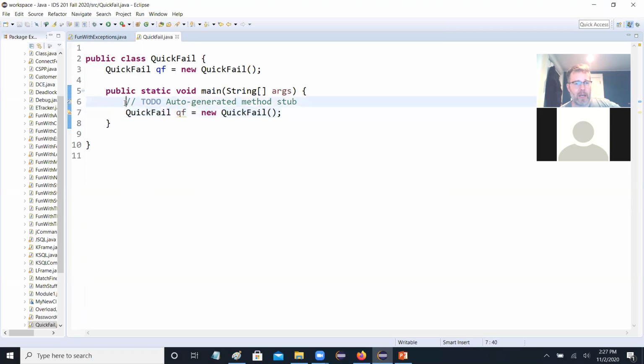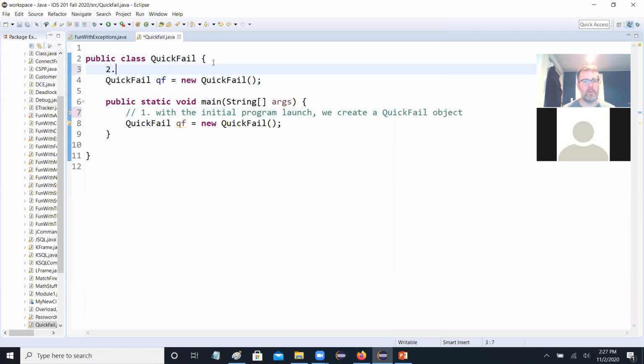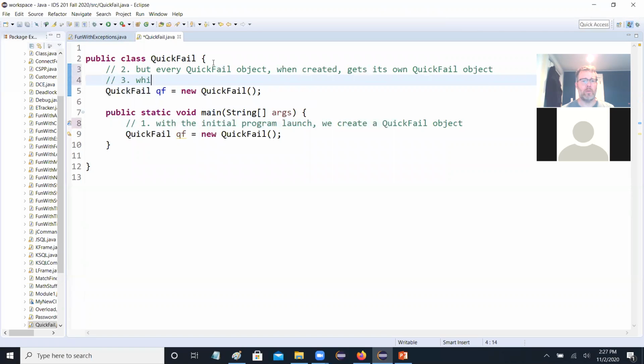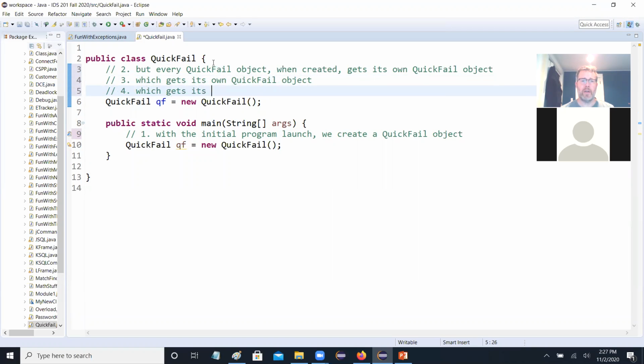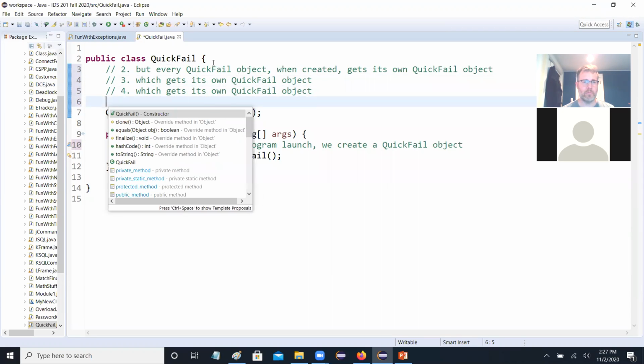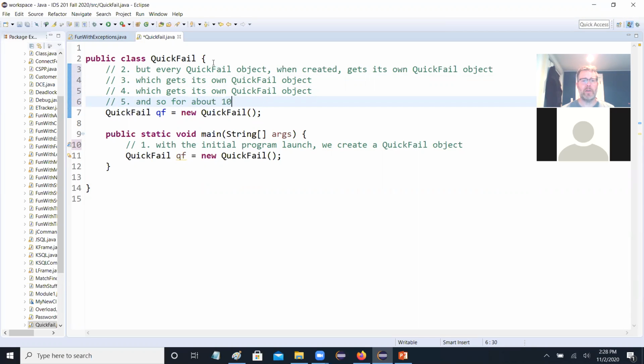Here's what's going on. With the initial program launch, we create a quick fail object, right? Mark that as dot number 1, but here's dot number 2. Every quick fail object, when created, gets its own quick fail object, which gets its own quick fail object, which gets its own quick fail object, and so on for about 10,000 method calls